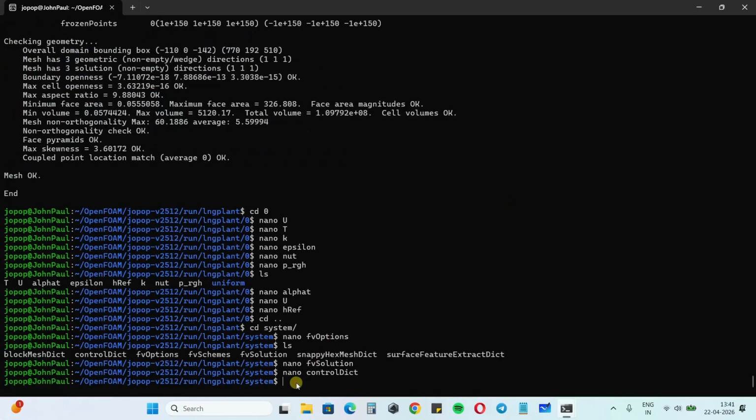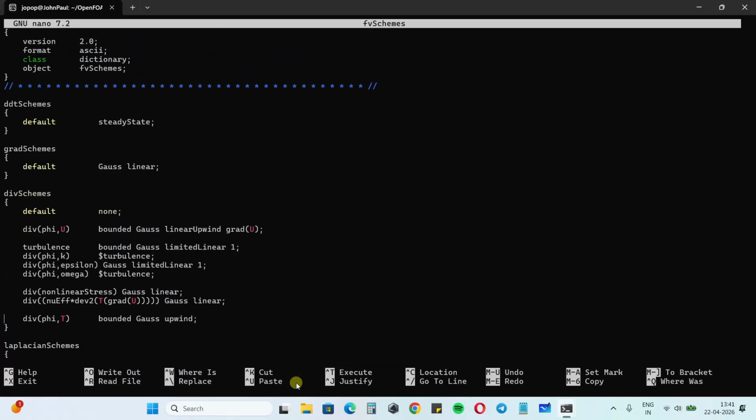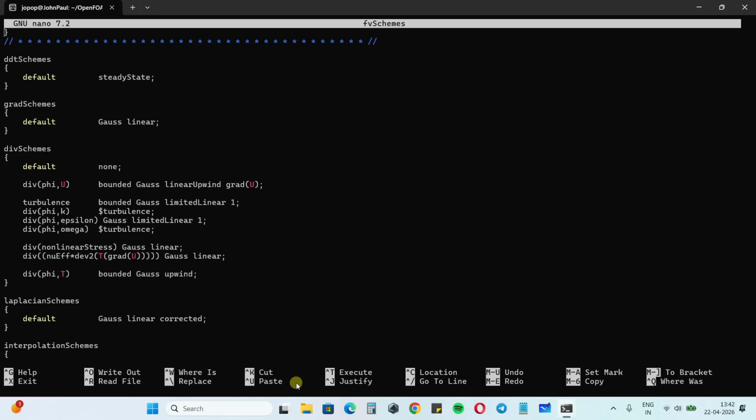And what's left in the system folder is numerical schemes. So we have to introduce a scheme for temperature. So in the finite volume schemes, here you need to include the scheme for temperature. Bounded Gauss upwind. Yeah, so that's it. Then save it, and